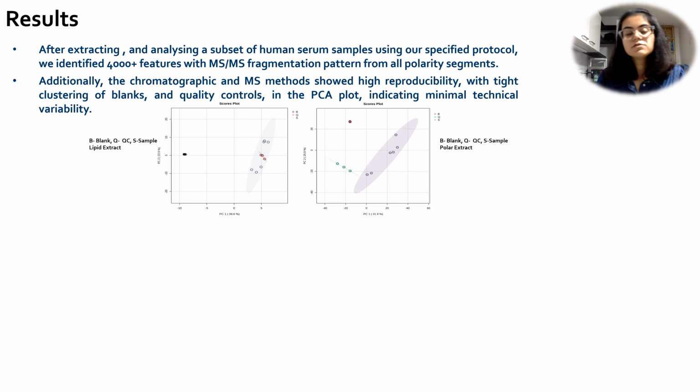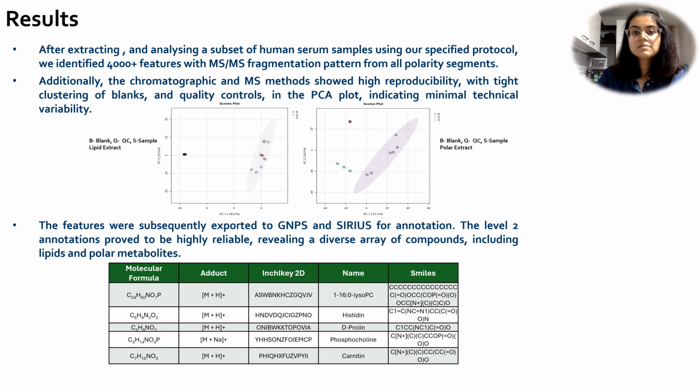or not. So in order to check the technical reproducibility, we plotted the PCA plots, and here it is shown by the tight clustering of the blanks and quality control samples that there was very low technical variance, indicating high technical reproducibility. And finally, we also wanted to see whether the annotations that we get are actually reliable,